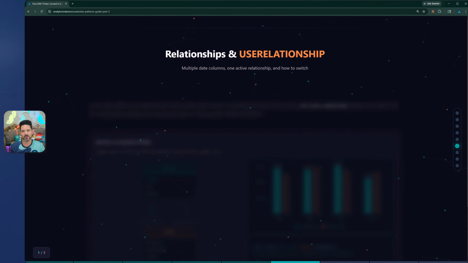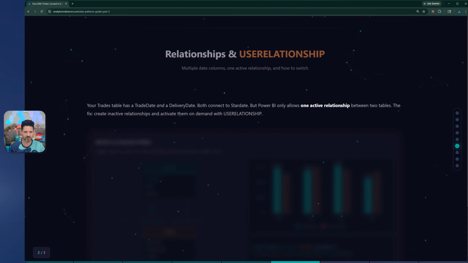Next I want to talk about is relationships and one of my favorite functions, which is USERELATIONSHIP. So when you have multiple date columns and one active relationship to your calendar table, this is what comes into play to let you swap those around. So here's the setup for that. An example, we have a trades table with a trade date and a delivery date. So both connect to start date, but Power BI only shows and allows for one active relationship at a time